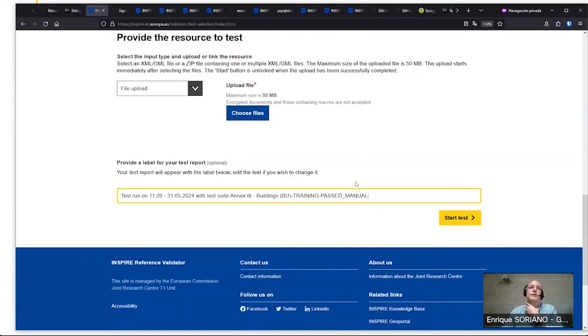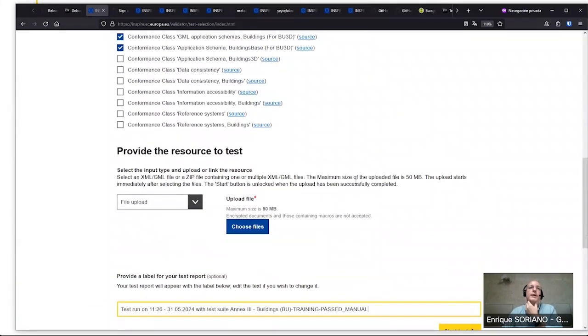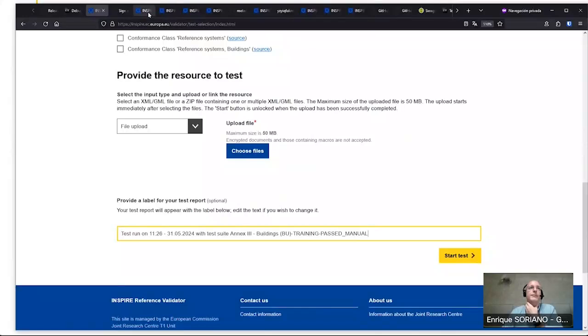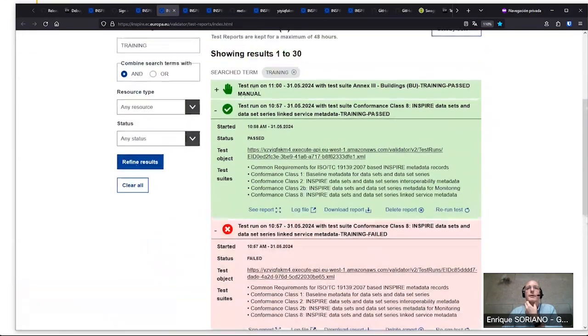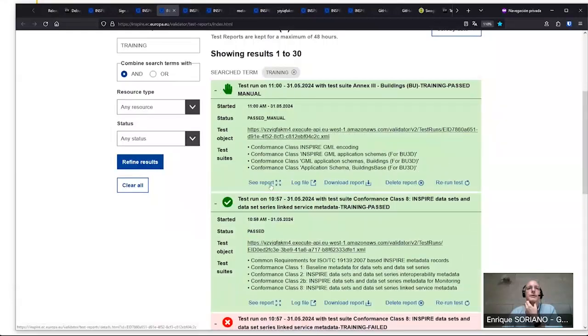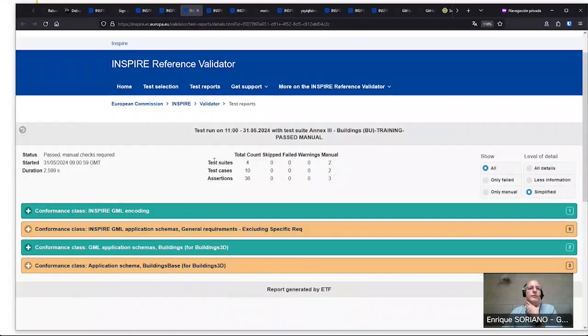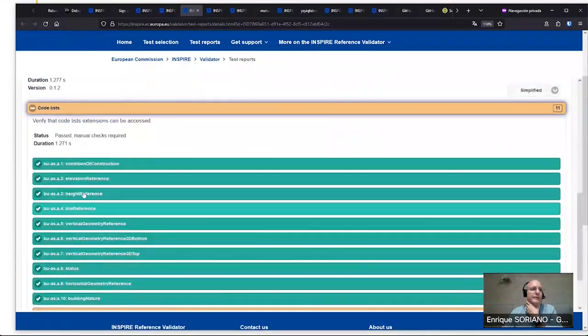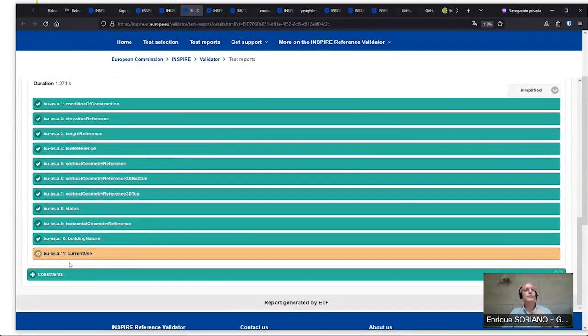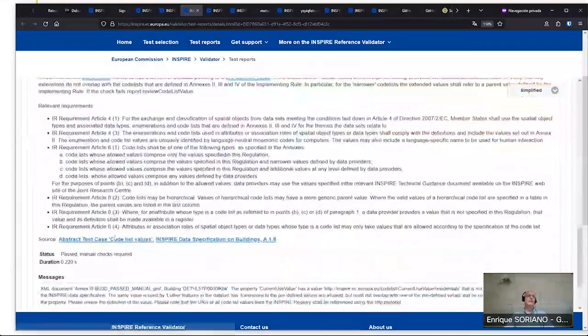Because the result of this GML that we are processing will be a passer manual. Right, then we will start the test, and we have the report here in order to show you. We did not want to provide issues. Now what we want to exemplify here is